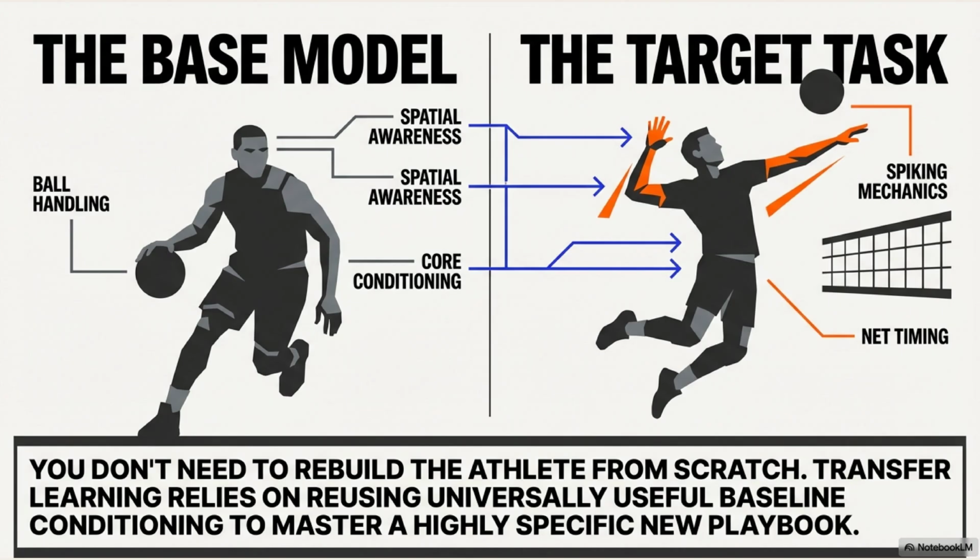In AI, the same principle applies. A pre-trained foundation model has already spent its childhood processing the entire internet. It already understands grammar, logic, causality, and basic human reasoning. It is our seasoned athlete. We don't need to rebuild that from scratch. We just need to teach it our specific game, whether that's drafting legal contracts, diagnosing medical anomalies, or navigating your company's internal support processes. This is transfer learning, and fine-tuning is how we make the transfer happen.